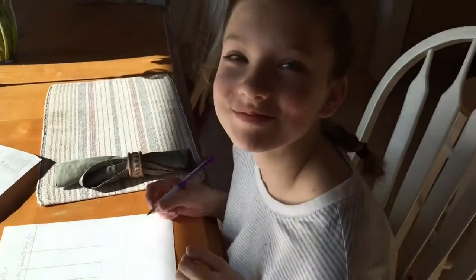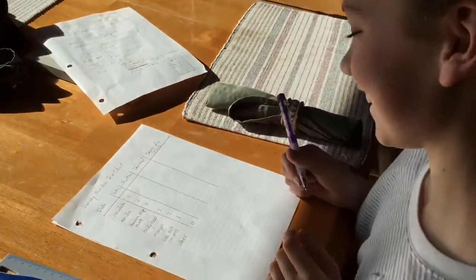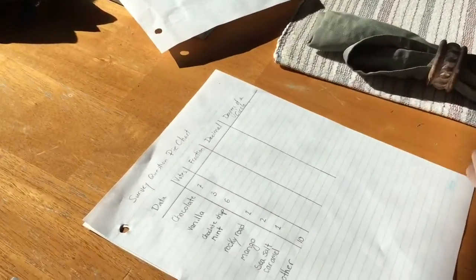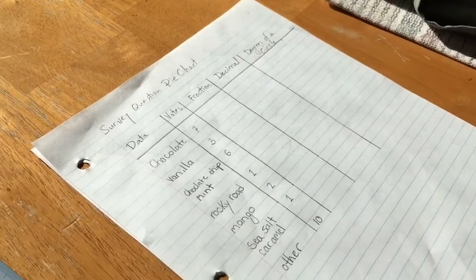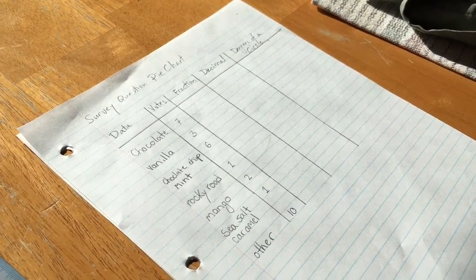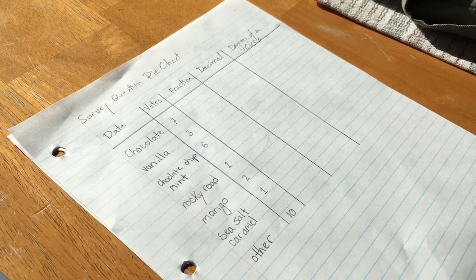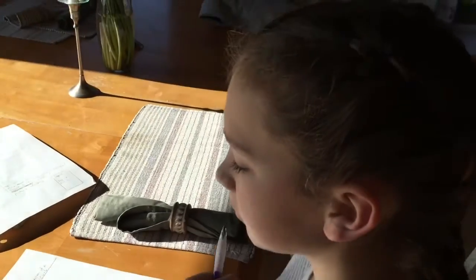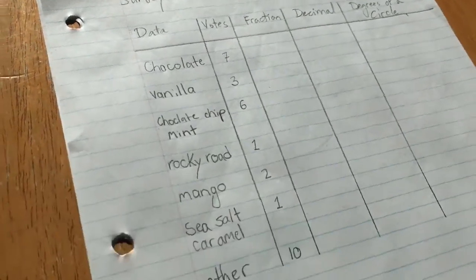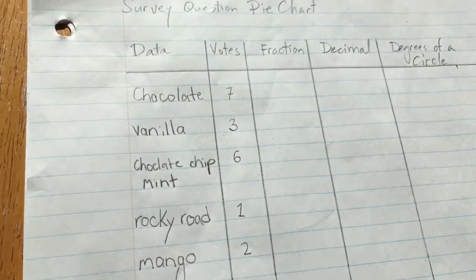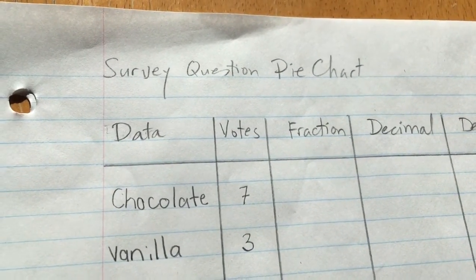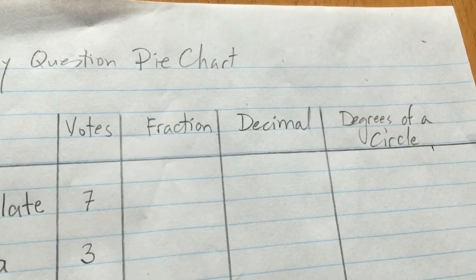Good morning, Hannah. Hannah is going to help me demonstrate a little refresher on fractions, decimals, and degrees of a circle. So we've already calculated and figured out the number of votes for our survey question. Now, Hannah's survey question was about flavors of ice cream. So she's built herself a table, she's got all the flavors, she's got all the votes in one column. The next challenge is to take all these numbers and express them as a fraction, a decimal, and